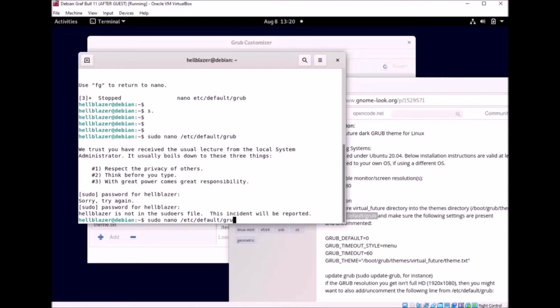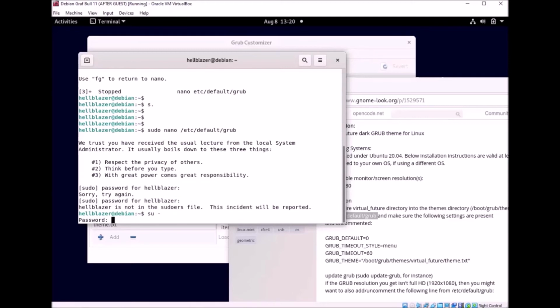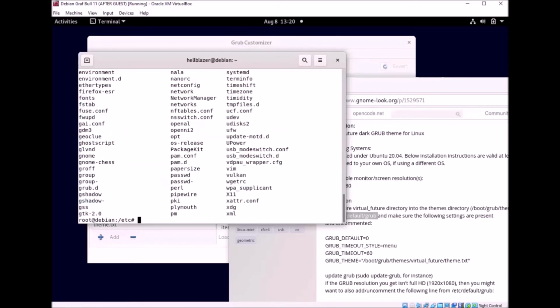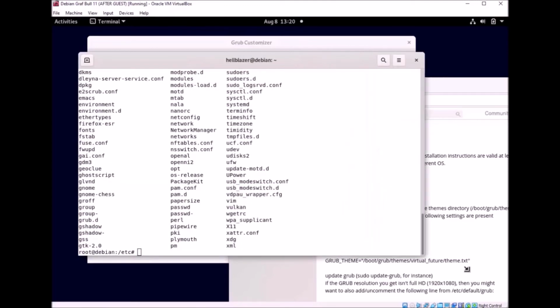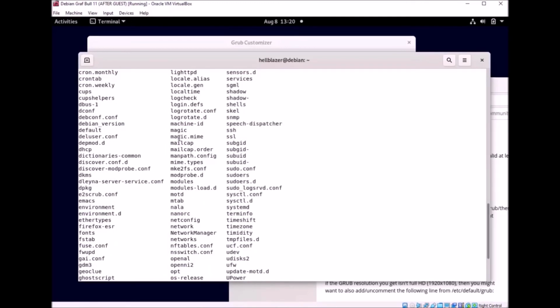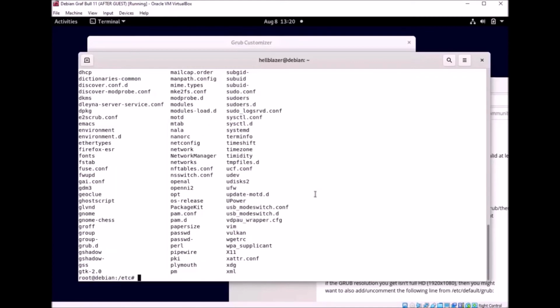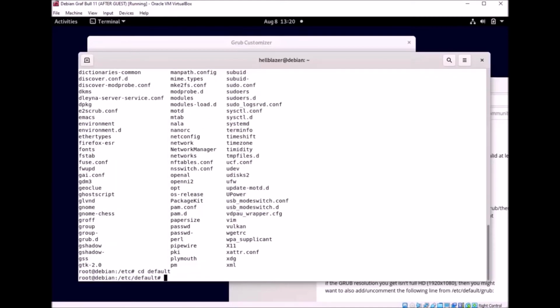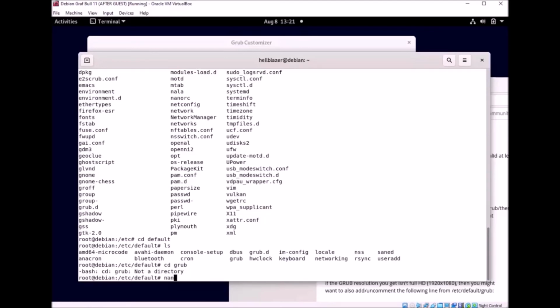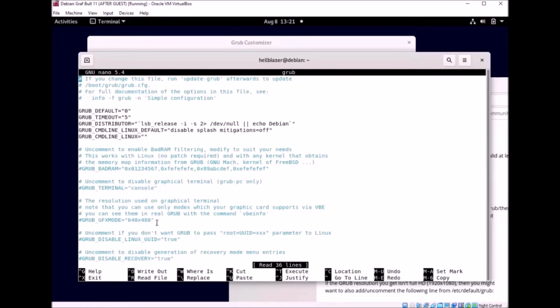Oh well. Let's list everything then. Where's the default folder? Okay, default folder, grub. So nano grub. Okay, so